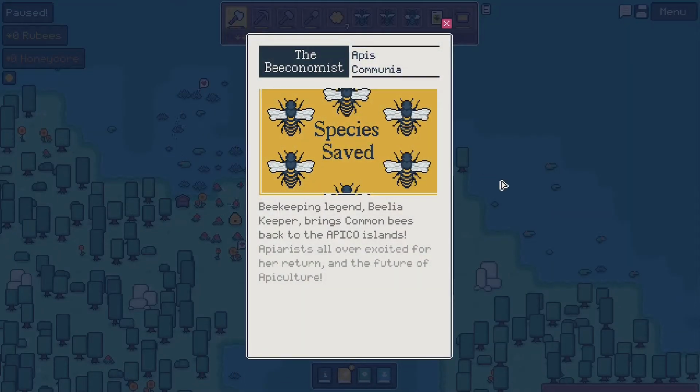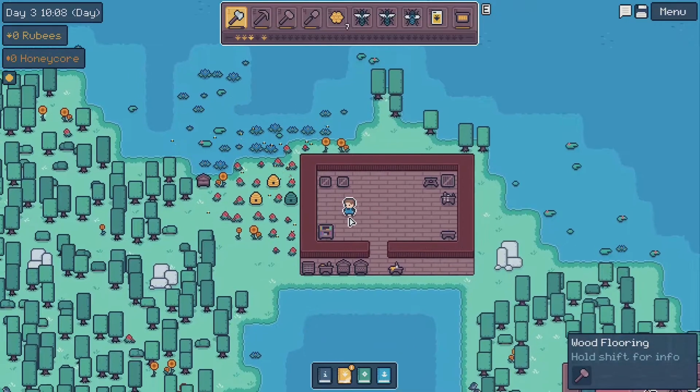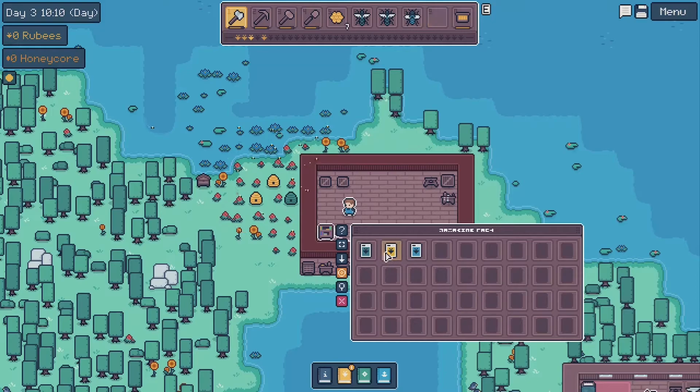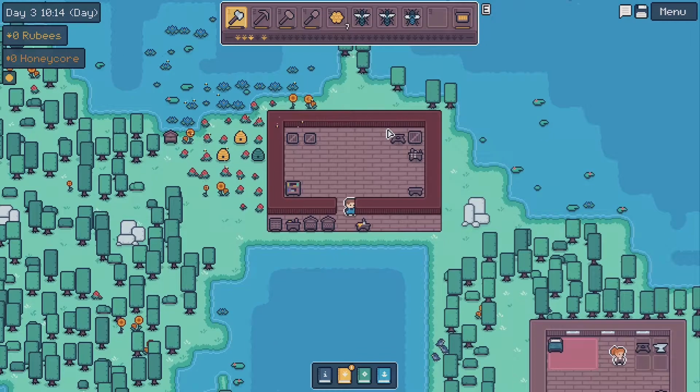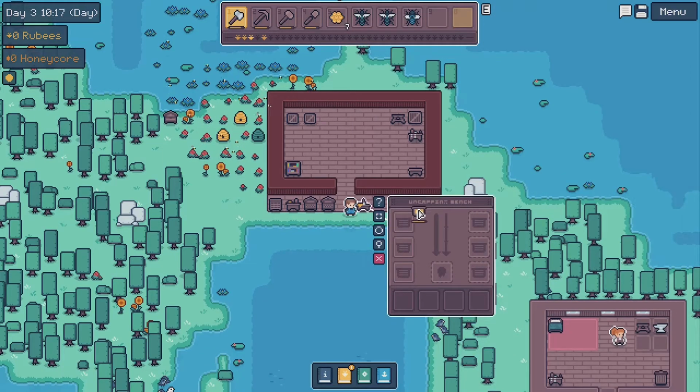Species saved. Beekeeping legend Belia Keeper brings common bees back to the APICO Islands. Okay, so it's like a little news feed. Interesting. Alright. Well, that's issue 1. That's issue 2, and that's issue 3. Alright, so just some basic news. Alright, let's get into actually...